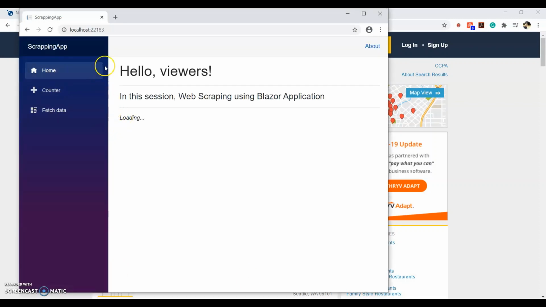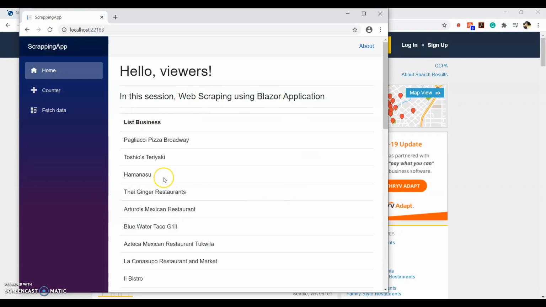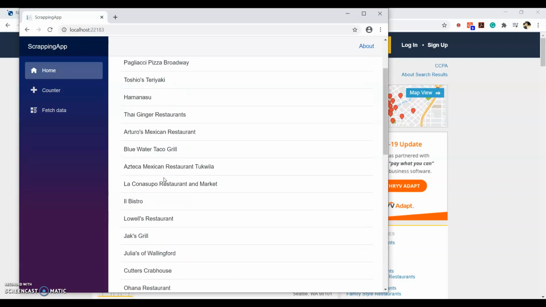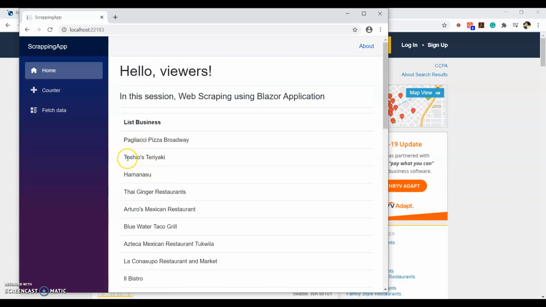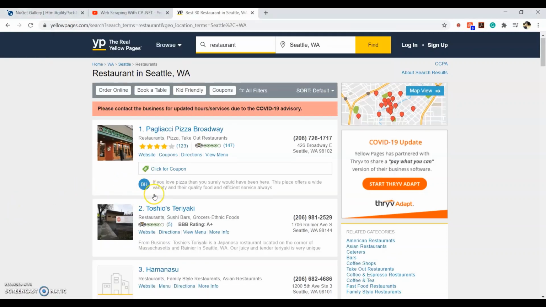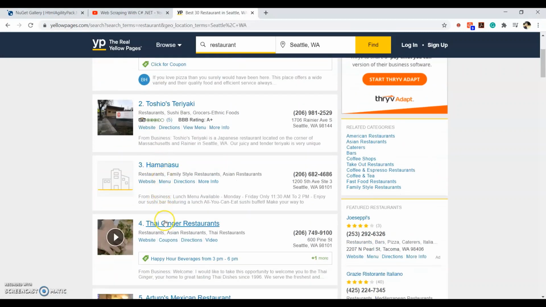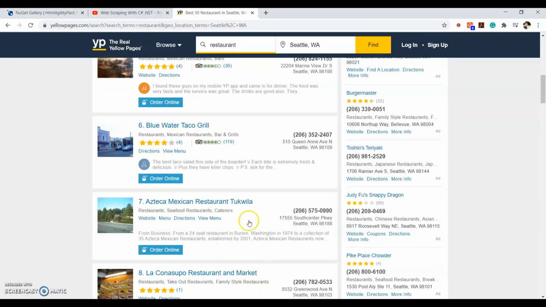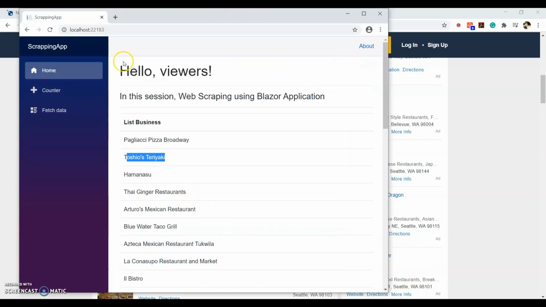You can see in the home screen itself it's loading. Wait for some seconds, let the web scraping work. Okay, in this way we can get our business names. So you can see this is Toshio Teriyaki, this is exactly the same business name we got from this address. So in this way you can also do web scraping using a Blazor application.